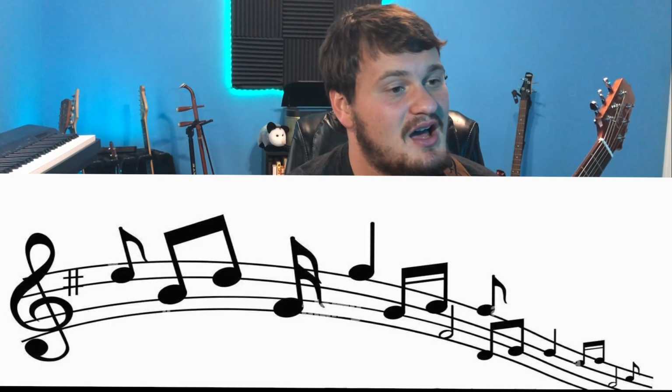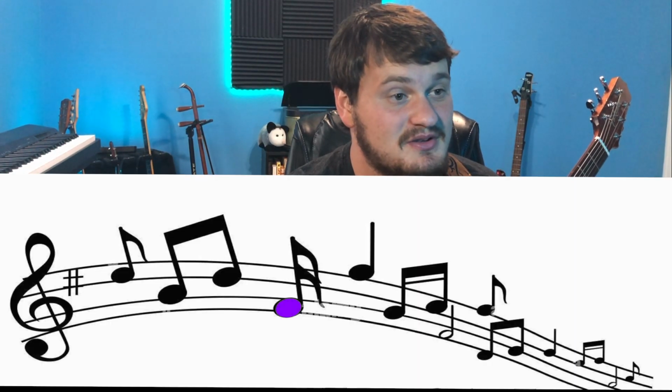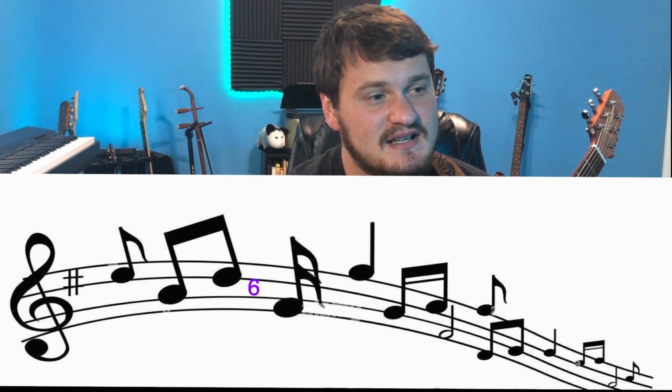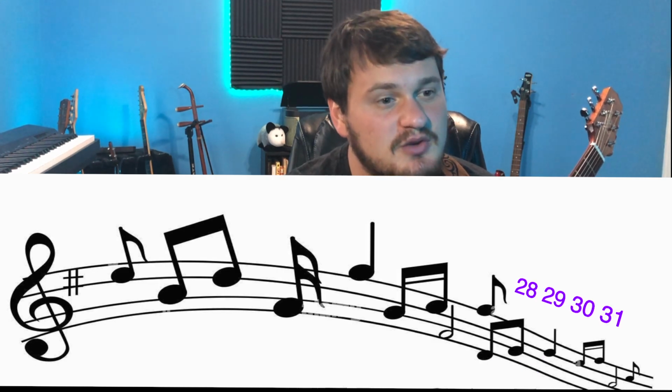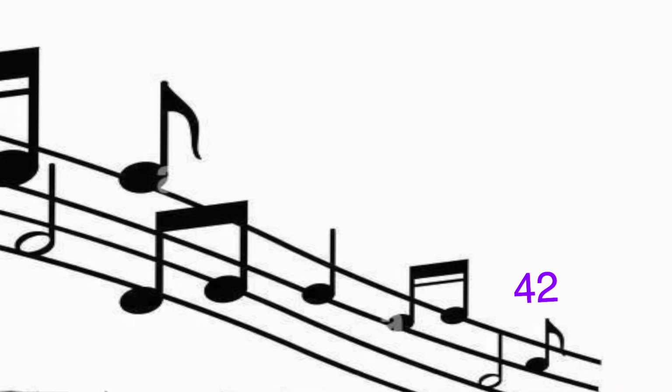So already we agree that this is an insane piece of music that is insanely insane, but we haven't even talked about the time signature yet, because this is probably the worst time signature I've ever dealt with. Our smallest note value is a 16th note. 1, 2, 3, 4, 5, 6, 7, 8, 9, 10, up through 43. We are in, drum roll please,